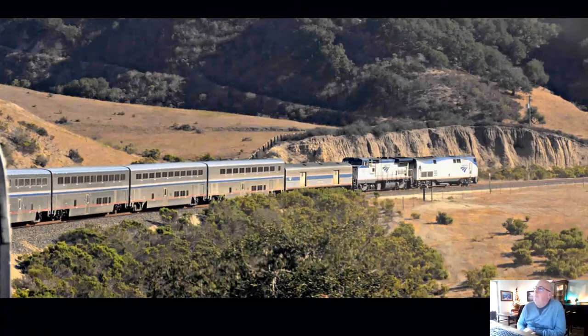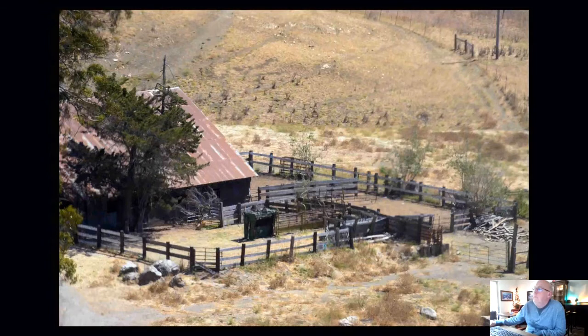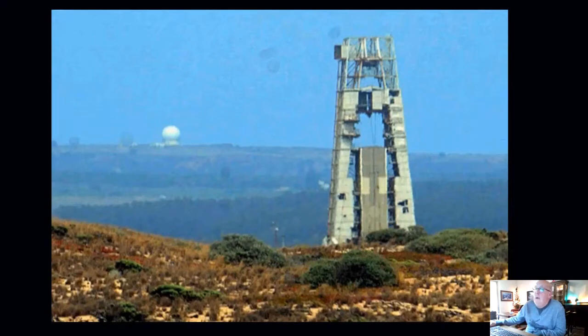And here's just a general shot of the southbound train just south of the area where that oil shale processing plant was, on its way towards the coastline and Vandenberg. Just another general shot, a little farmhouse or farm shed along the way. Okay, now we're